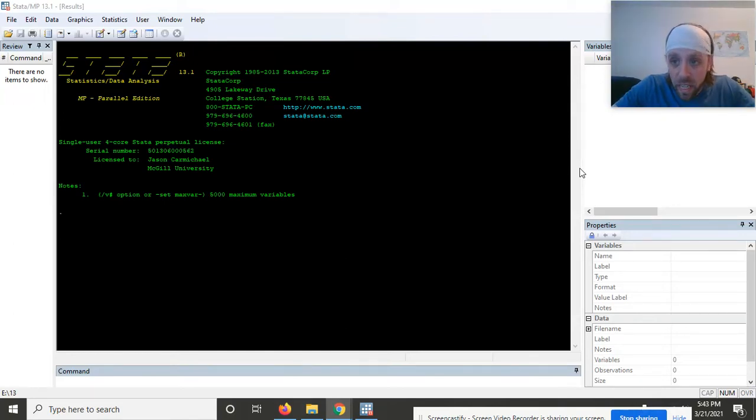This second video, I am going to show you how to do a log file. This is important for your homework because this is going to demonstrate how you are to turn in the Stata portion of your homework. Okay, so what a log file is, you may have noticed that there are many formats with Stata,